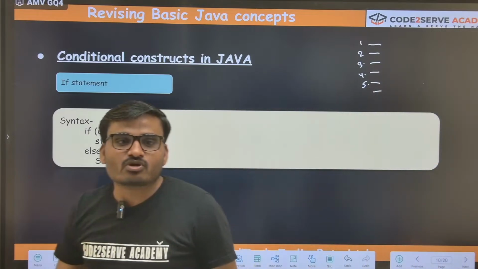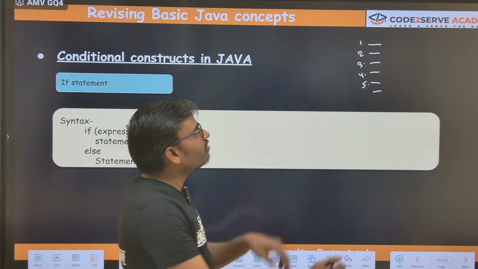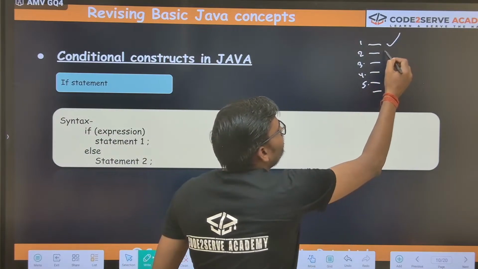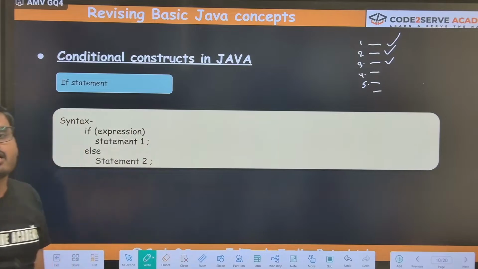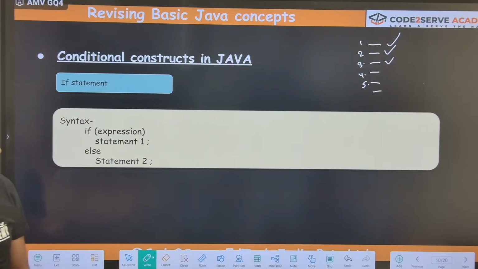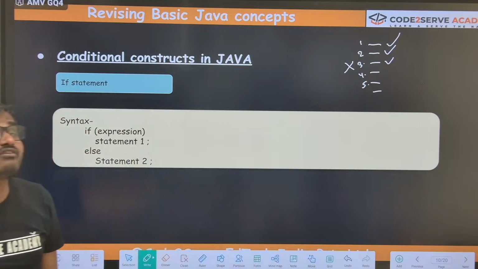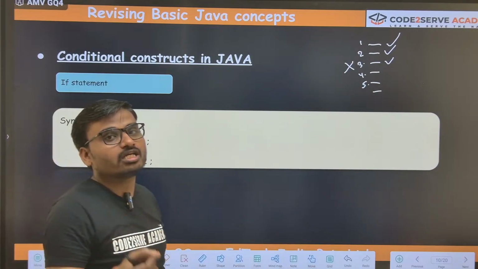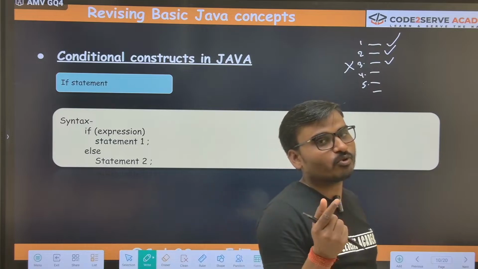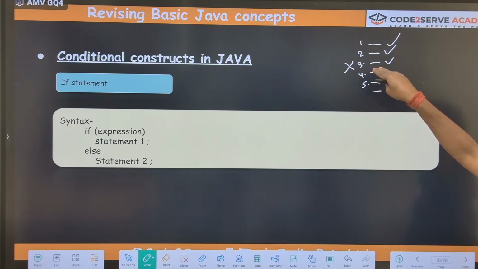So whenever you write a program, first this line will be executed, then this line will be executed, then this line will be executed. Now, if you don't want this line to be executed, or if you want to execute that line based on some particular condition. Suppose I say I only want to execute line number 3 only if the value,